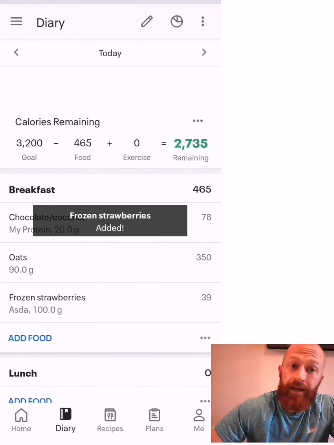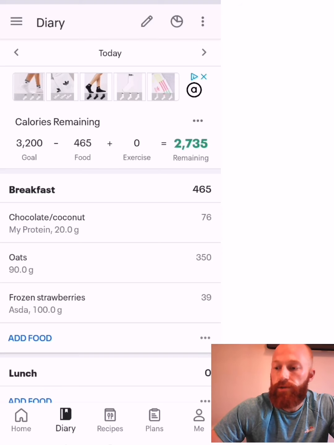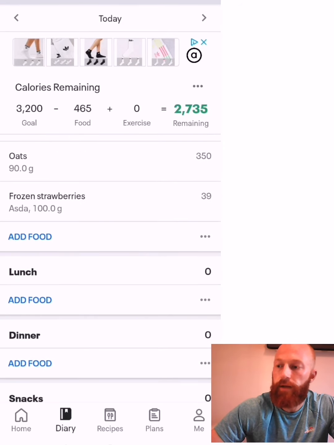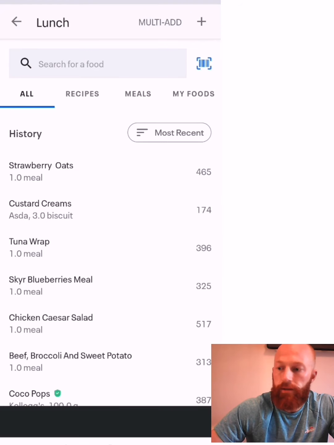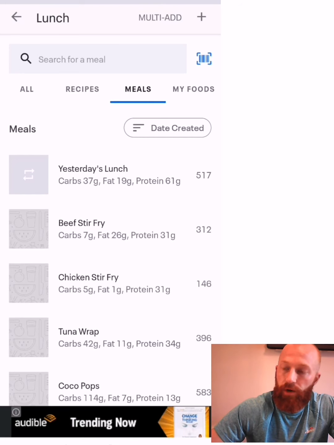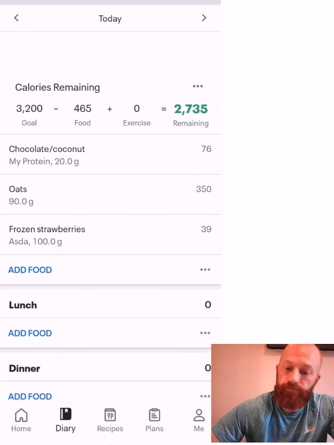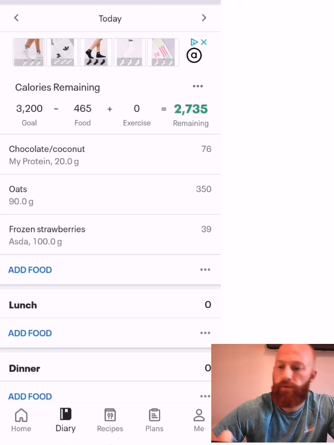breakfast. Now that's fine if we've already saved our meal, so you're going to want to know how we're going to actually prepare a meal or create a meal. So if we do that for our lunch, we click lunch, we go to meals, and we've got all the different meals that we could potentially consume that are already saved. But as we mentioned, we want to show you how you're going to create a meal that isn't already on the platform. So we go back to the home page,